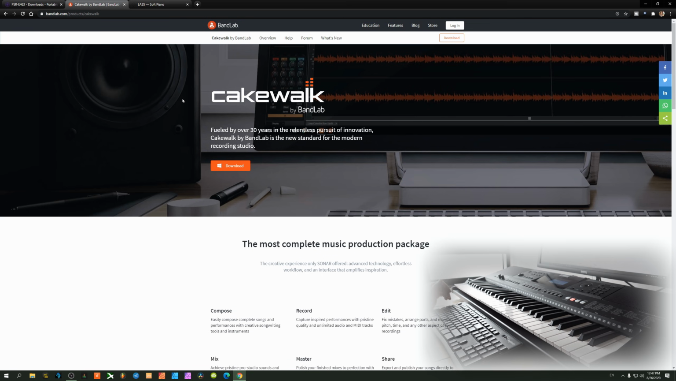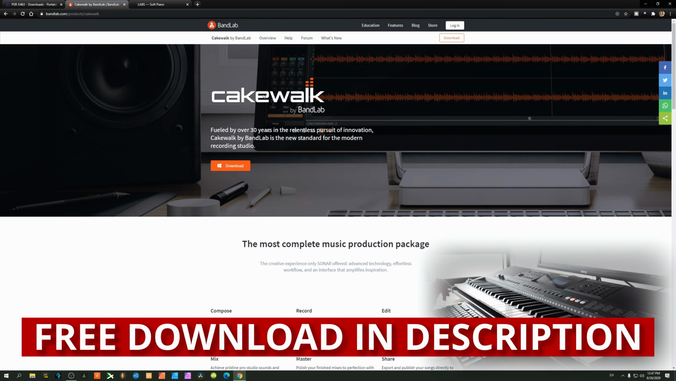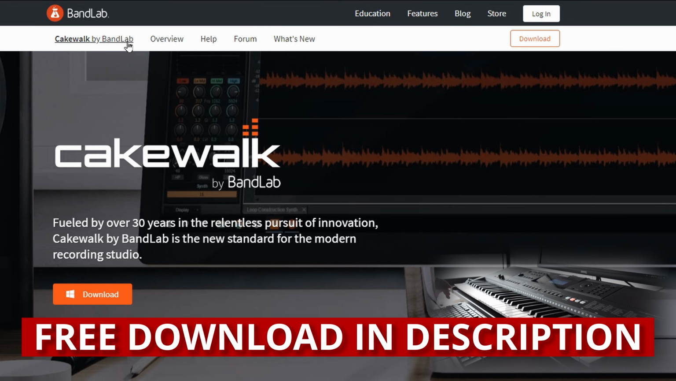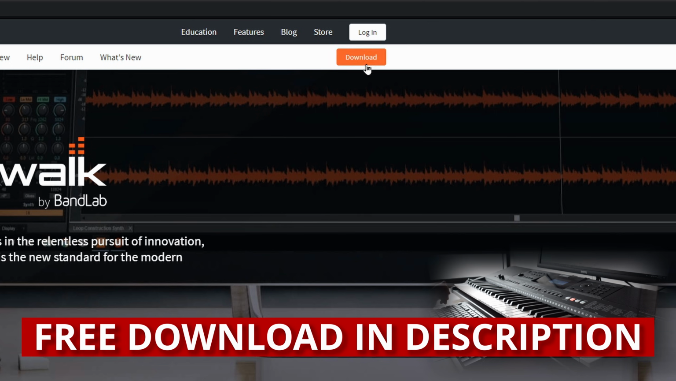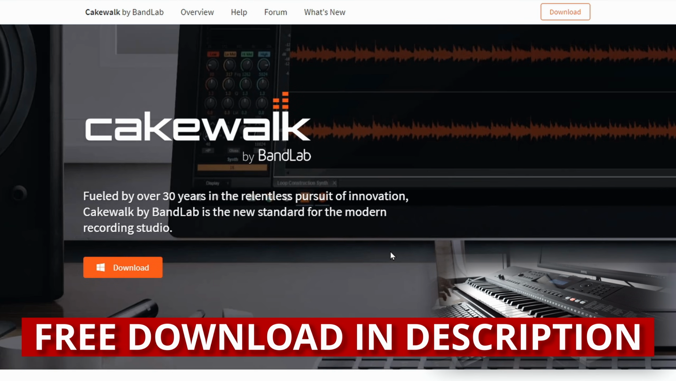The next thing we will need is a DAW, a digital audio workstation. In this instance, we will be using Cakewalk by BandLab because it is free of charge and is extremely powerful. I will leave a link in the description. You can click on it to download it, and when you reach this page, you just have to click download and follow the instructions to install this DAW